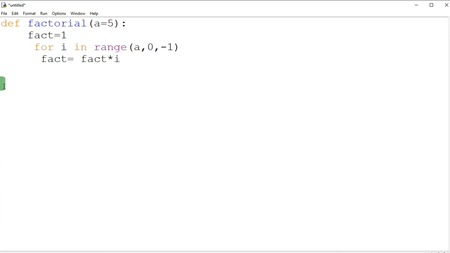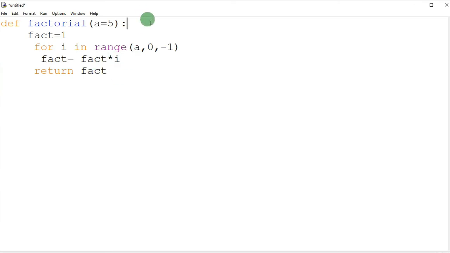Now let's return this value. For that we will use return. Return is a keyword again, and it will return fact, meaning the output will come inside the factorial, or fact value, you can say. Now after doing this, what else do we have to do?